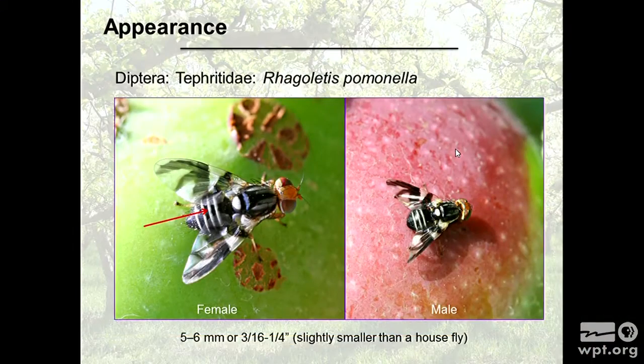So, okay. Apple maggot, I hope you guys all know what they look like. They're in the family Tephritidae, so they would be our true fruit flies, right? A lot of people call Drosophila fruit flies, but those are vinegar flies, and apple maggot is part of the real fruit flies. So they're flies. On the left-hand side, you have the female, and some of the characteristics: it has 4 white bands, and the male is shorter with a more rounded abdomen and only 3 bands on the abdomen.